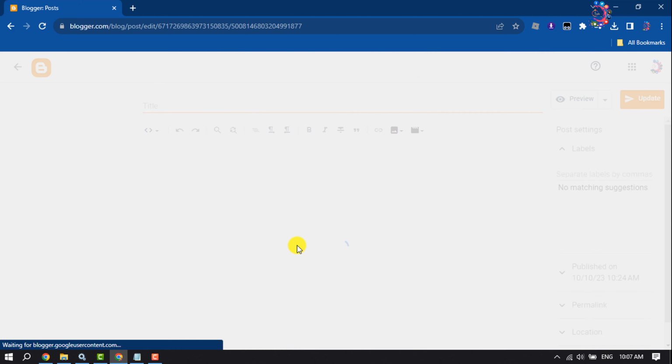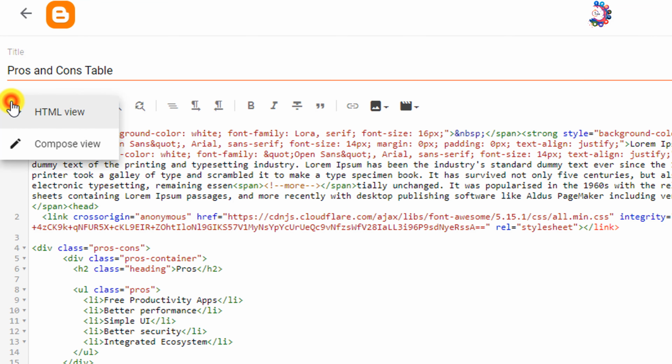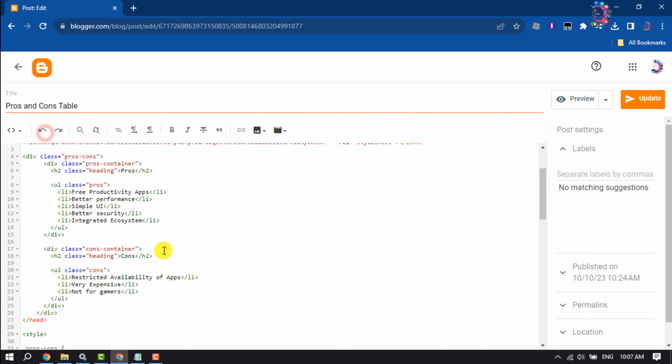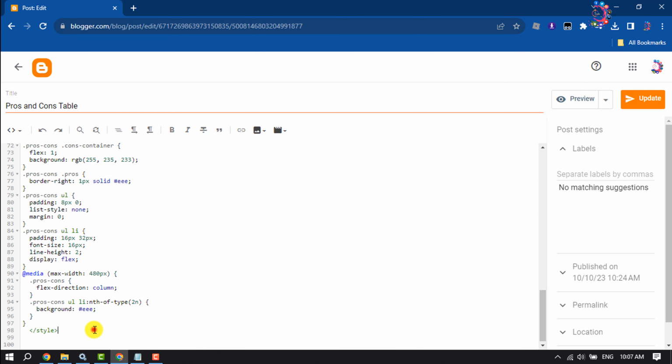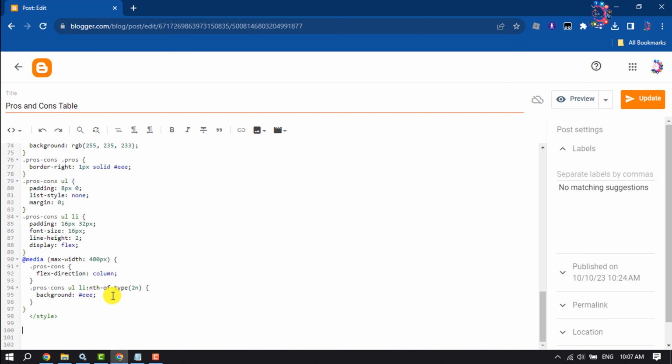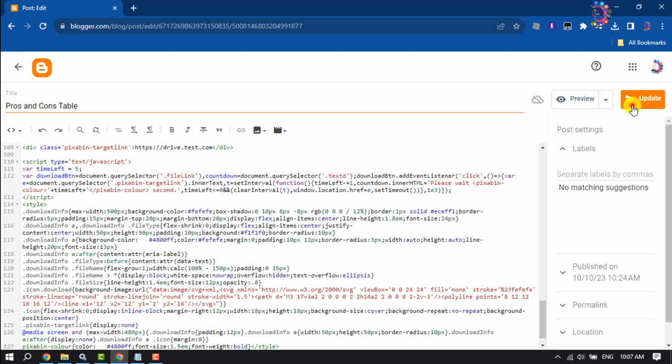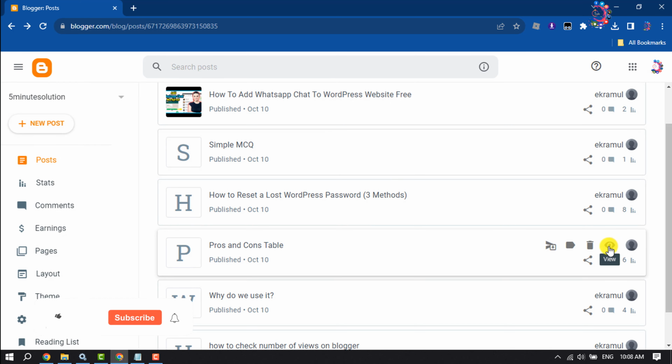You have to edit the post and make sure to select HTML view, and I'm going to add my code here, update. Now I'm going to view the post,